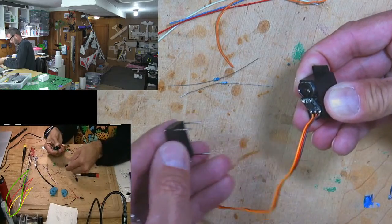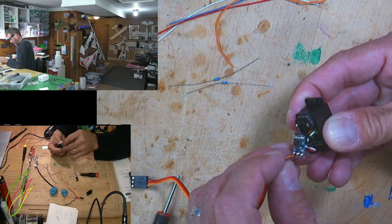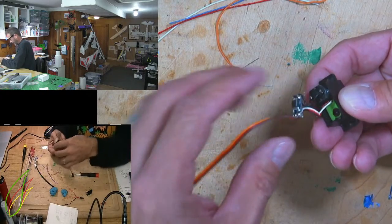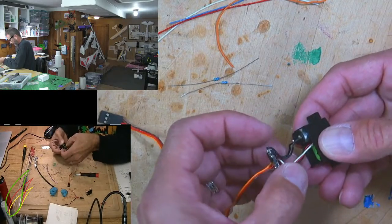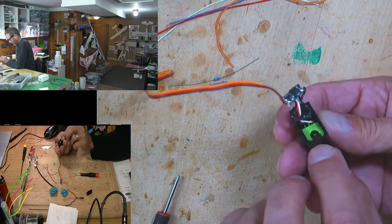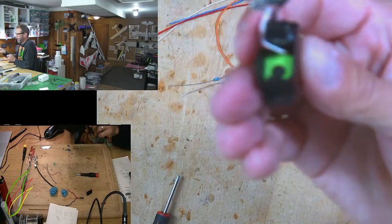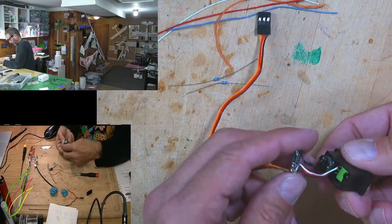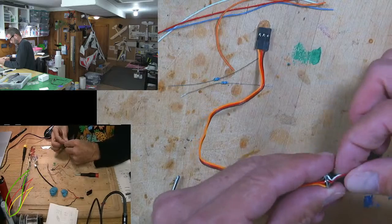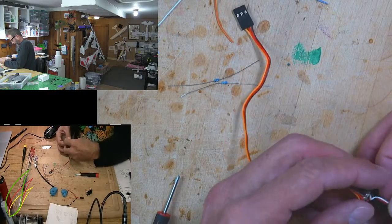I think we want to leave the bottom part on. So what he did was, well, I'm not going to replace those wires if I don't have to. What we have here is these 3 wires. The white wire goes to this side. Focus. So what he did was, the middle wire stays the same, the red wire, and